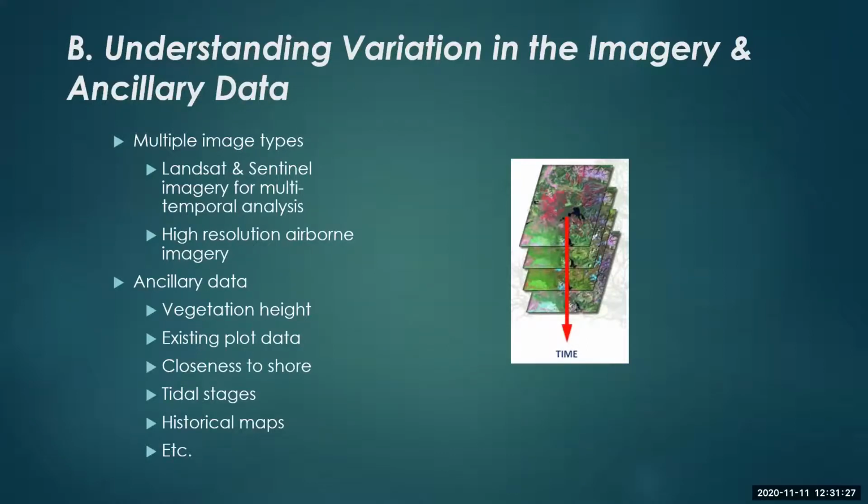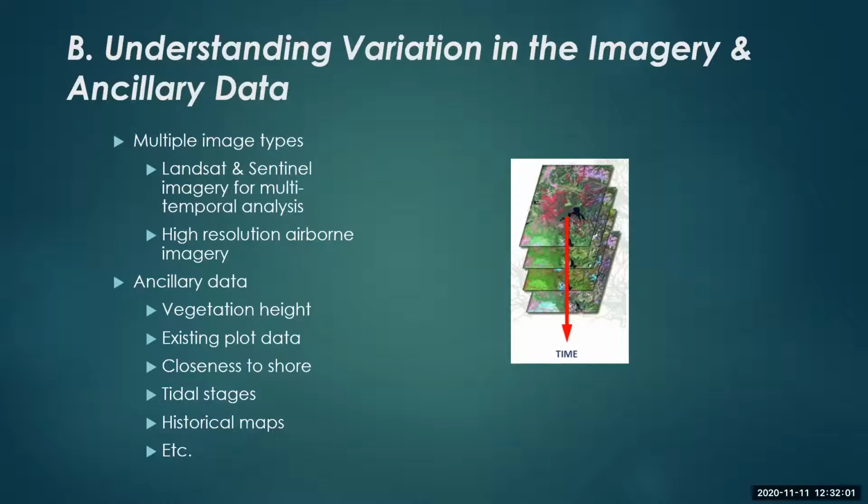So for mapping deciduous forest versus evergreen forest, you get a June image and you get a fall image. And if it's deciduous, the fall image isn't going to have leaves, but the spring image is. And if it is evergreen, it's going to have a green response in both time frames. So this brings multi-temporal into your analysis. Again, free data in the public domain, accessible on the web.